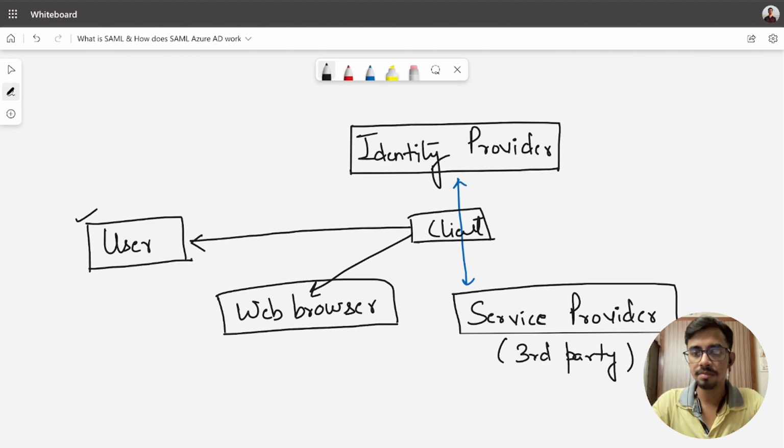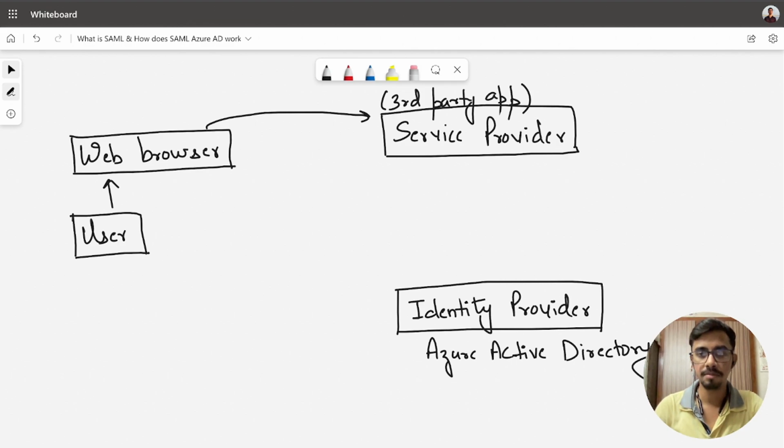So basically there is a word for this authentication process, and it is single sign-on, that is SSO. There is one login that the user will make through the company portal, and just through that one login the user will be able to access any third-party app that the company has given access to.